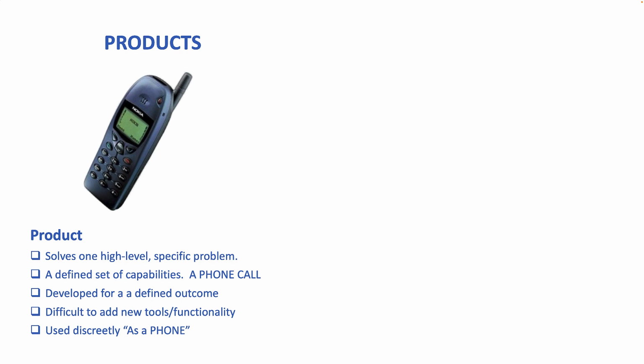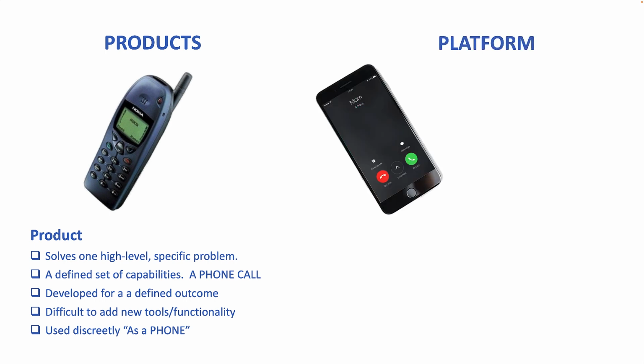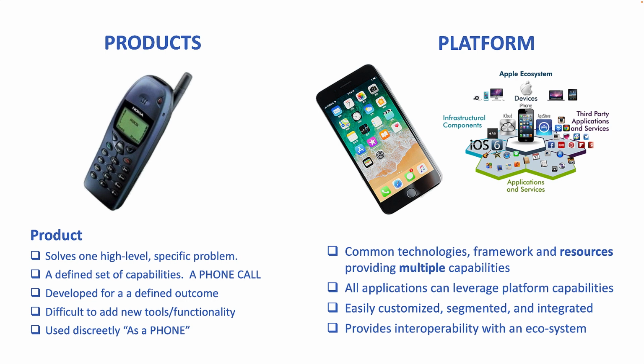When these were first emerging, there were many cell phone products from many vendors, but basically all had one common functional goal: to make a phone call. Now, when smartphones came out, they were designed as platforms. Yes, their primary value and function was to make a phone call, but the platform approach enabled it to do many other things and allow other applications from other vendors to develop around and integrate with it. With a platform as the foundation, you can add and subtract new applications and tools without having to purchase multiple products.